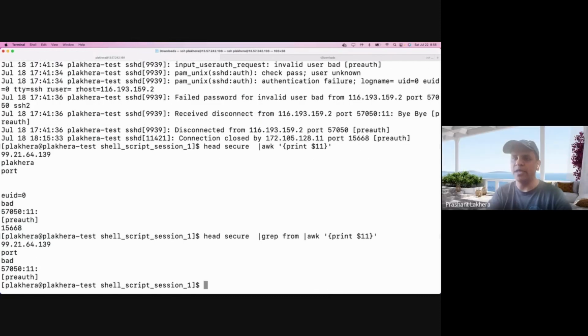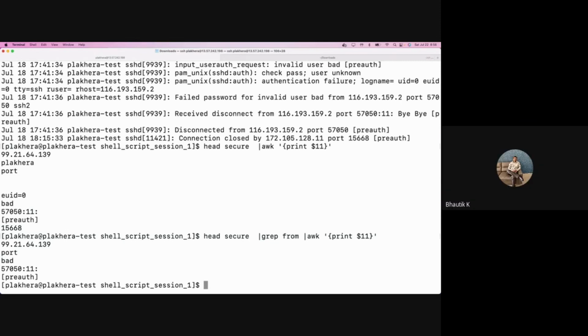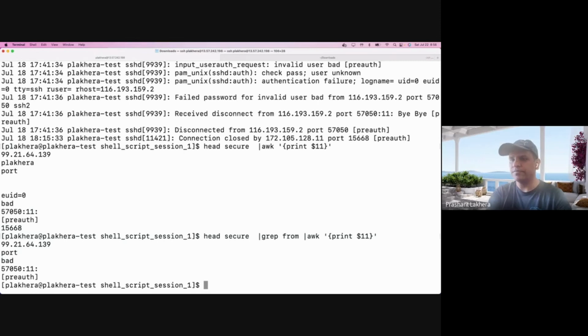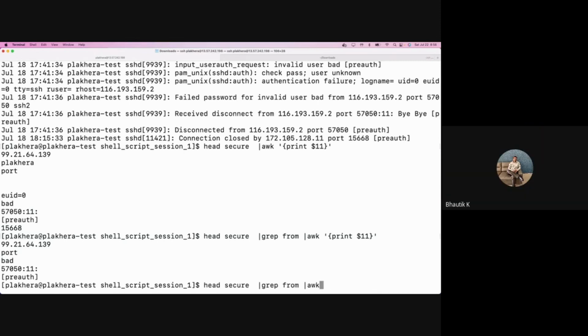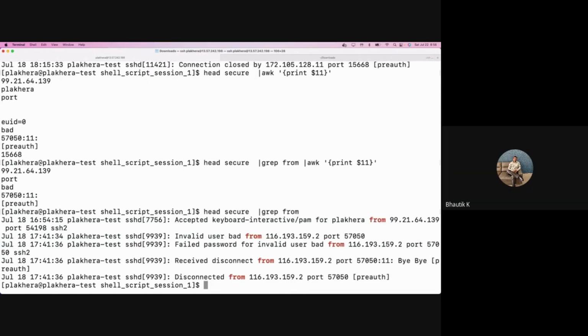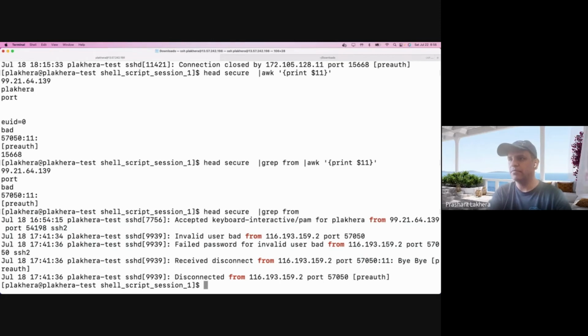Will we have this port and bad? No, no, no. You can remove the AWK. Just grab the from, and then, okay, then